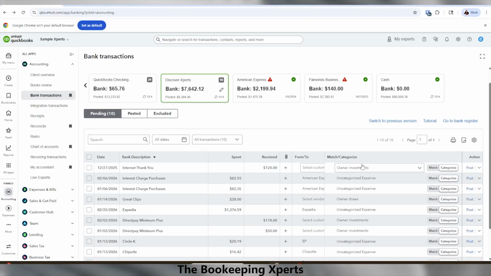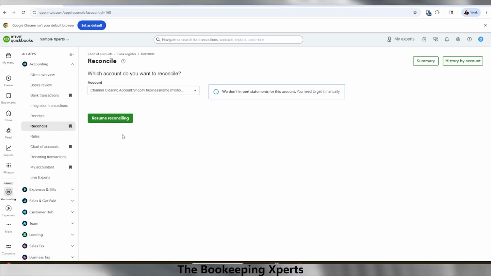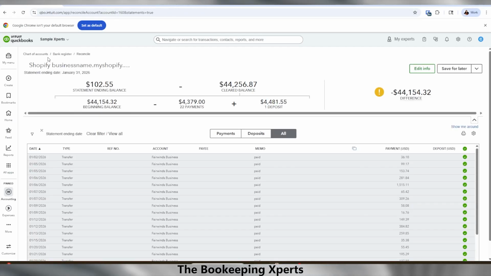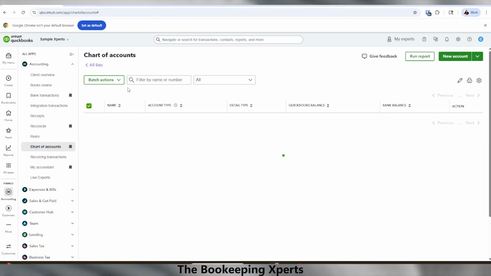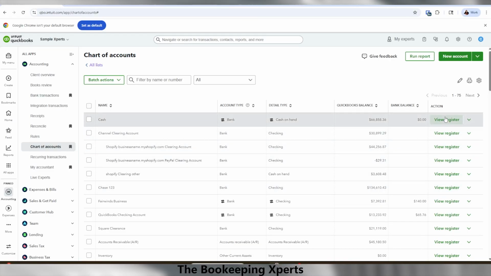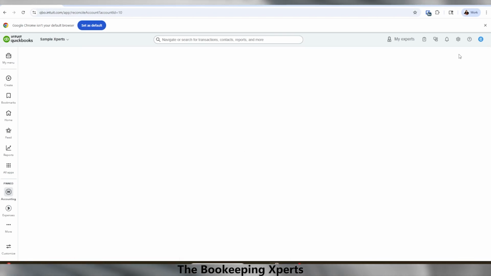So all right, so that's how you categorize. Once you categorize, the next step with QuickBooks would be to reconcile the account. You can go through here, or you can go into accounting and then reconcile. And what is reconciling? Basically, let's go back to the chart of accounts. I am making sure that every transaction is accounted for. I'm going to go here, reconcile,